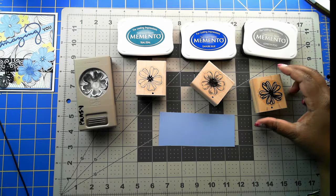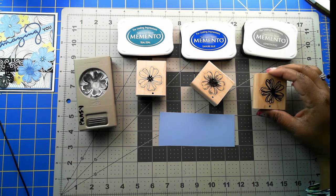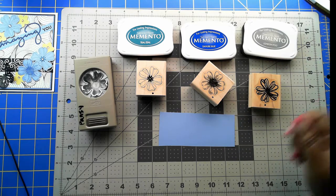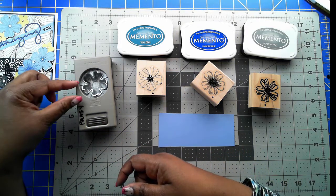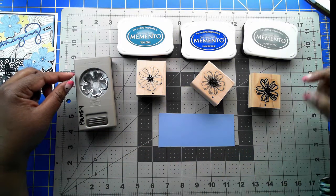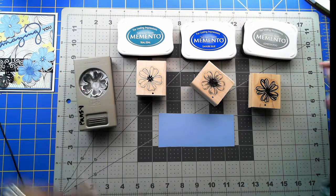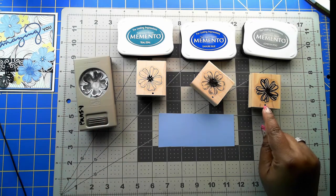Now what I did was, I learned this trick from Francis Martin. I took the stamp and just stamped it onto straight up paper, and then I took that piece of paper, much smaller than this, and I kept moving it around in the punch until I got the point where the stamp lined up with the punch. And once I knew that this point was the same as this point,